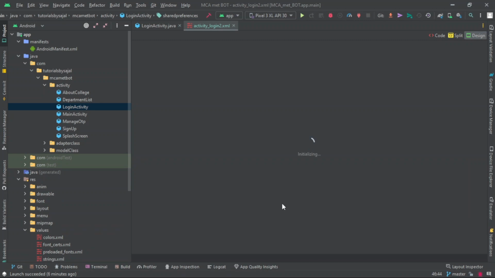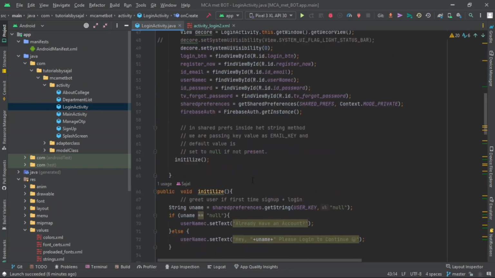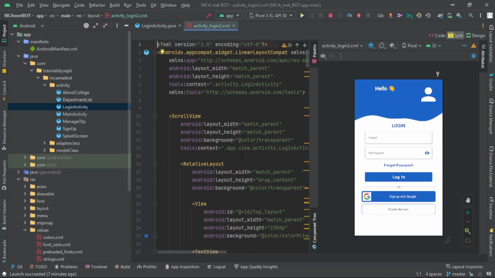code. So just to see this, here is the login activity where we use the Java code as the backend code, and here is the XML code for the layout part. Okay, so in this full project we are going to use Java and XML, and